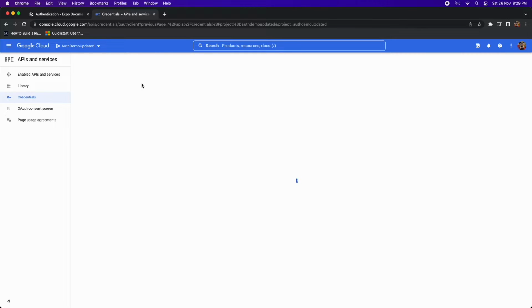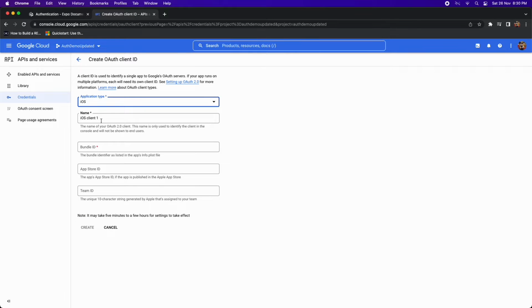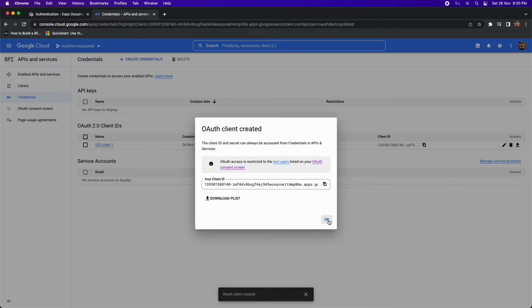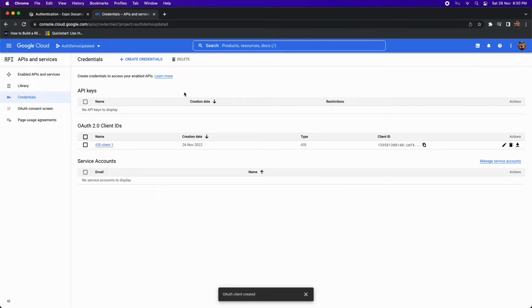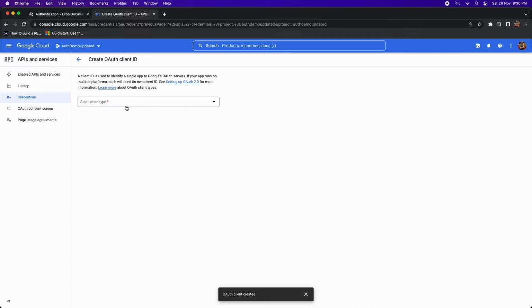Now I'm going to go create my client IDs. First off, I'm just going to create my iOS one. That's the simplest one. And I'm just going to specify the bundle ID. You can specify the App Store ID and the team ID if you want, but bundle ID is the only one that's required. It gives me my client ID, which I'll copy and paste into my app.js later when I connect to the Google